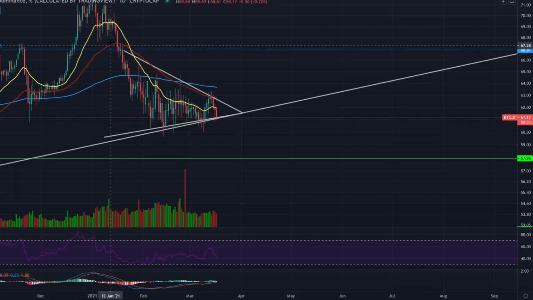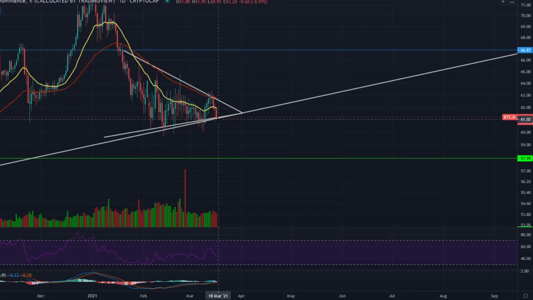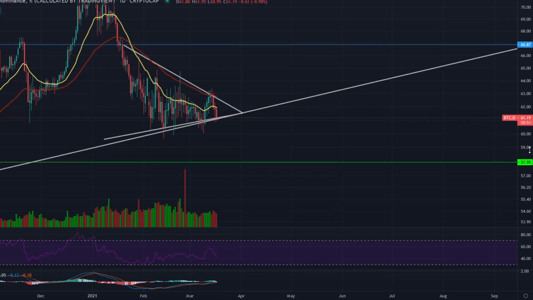So at the minute, Bitcoin looks super bearish since it fell under the 200 EMA. It's failed to get back above that. Okay, so at the minute it does look like we are being pushed down for Bitcoin dominance. So that's definitely something to keep an eye on, because if it falls out of this symmetrical triangle, we will see a big pump in alts, and I do believe that we are seeing that today in Link and various other projects. So yeah, we could be on the cusp of a mini alt run, so to speak,